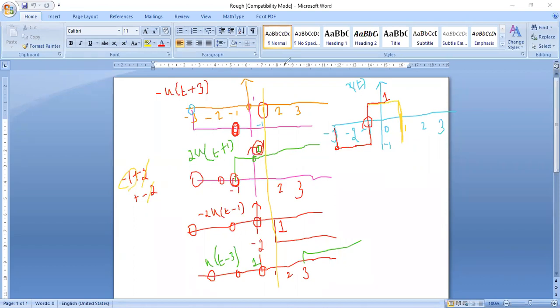Yes, ma'am. Now you see at t is equal to 2. I want everyone to see at t is equal to 2 and get me the answer. My first diagram says amplitude is -1. My second diagram says amplitude is +2. My third diagram says the amplitude is -2. And my fourth diagram says the amplitude is 0. So now if I add everything, I will be getting the same amplitude, -1.